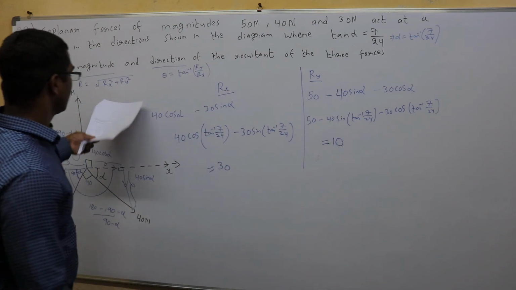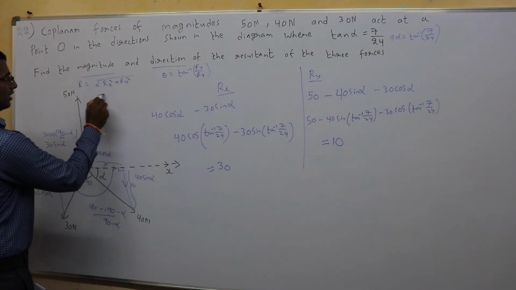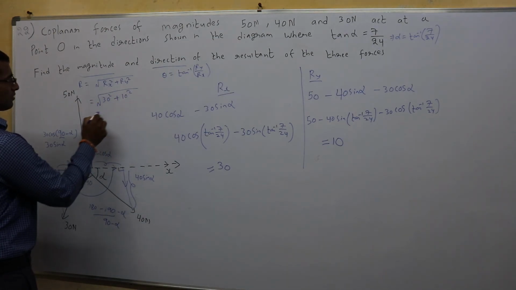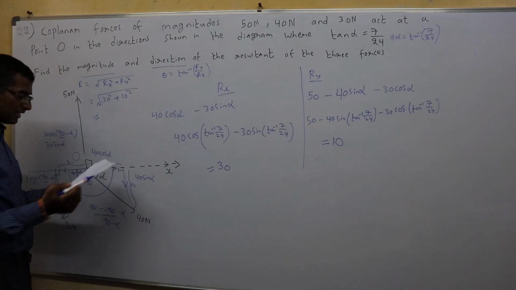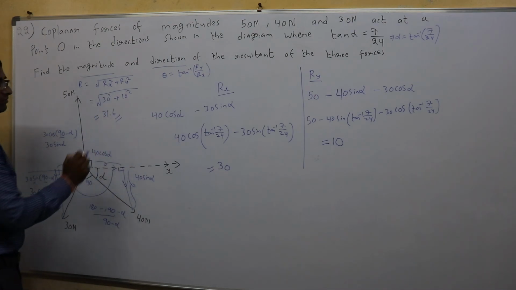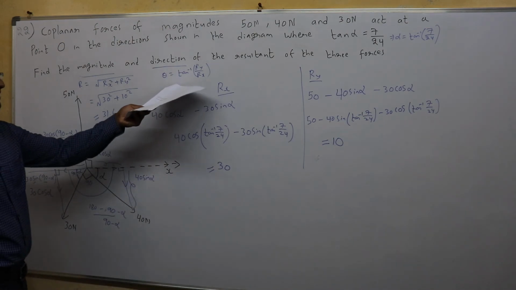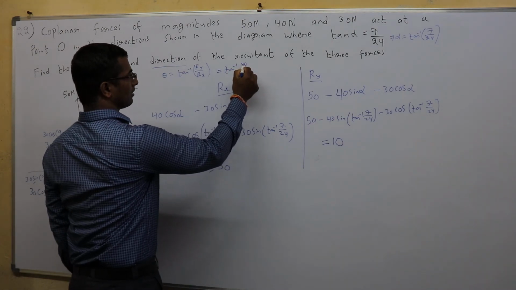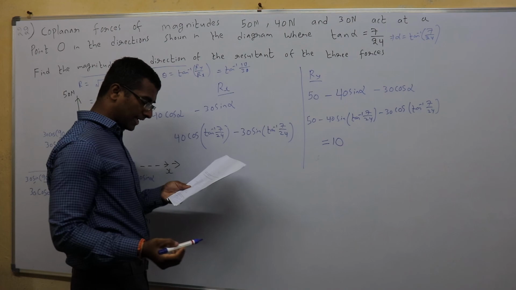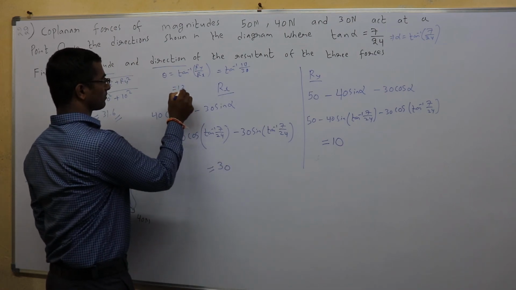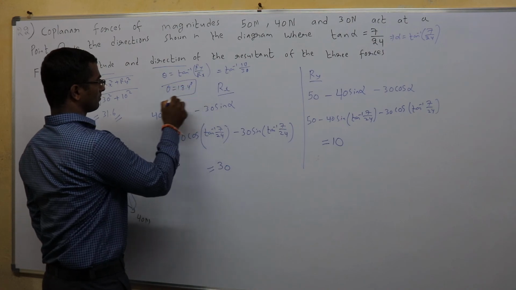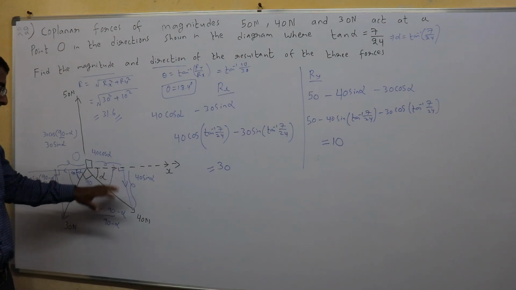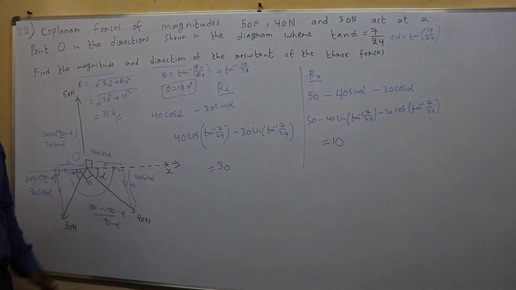Over. Now, the resultant. Formula: under root Rx square plus Ry square. Rx, how much did I get? 30. So 30 square plus 10 square will give me 31.6 as the answer. Now the resultant direction: it is tan inverse Ry by Rx, 10 by 30. If you put it in the calculator, you get 18.4 degrees. So this is the resultant. Am I clear? Only resolving, if you do it correctly, you get the entire question correct.